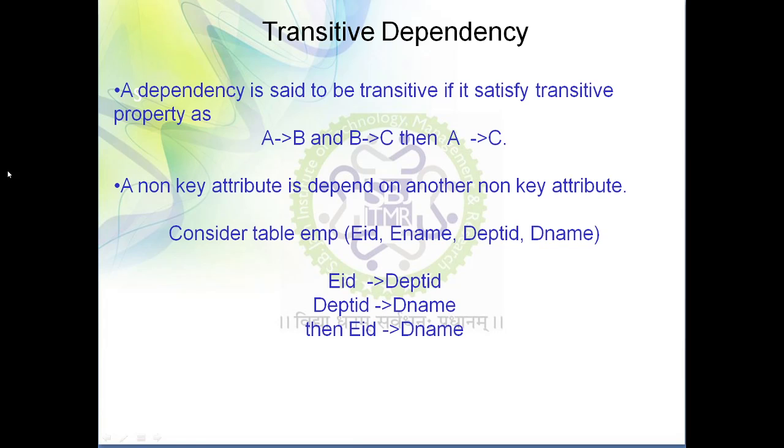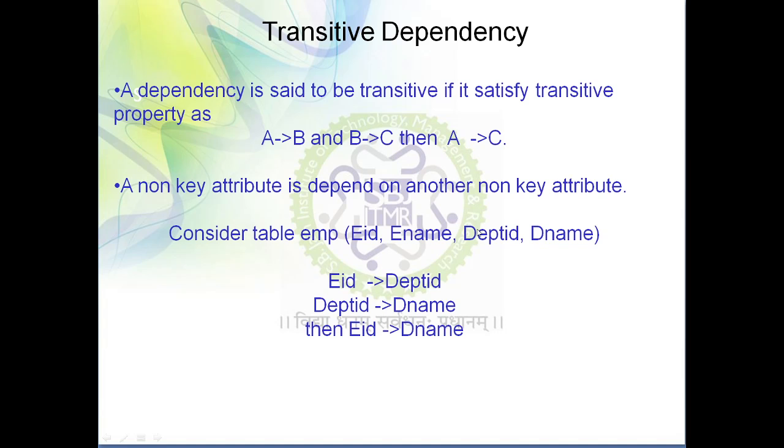So first of all, here we should know what the primary key is for this table. For this employee table, the primary key is employee ID. So what is a key attribute? Employee ID is a key attribute, whereas name, department ID and department name act as non-key attributes. But suppose I know department ID, I can easily identify the name of the department. Yes. So here one non-key attribute, department ID, is also finding the value of another non-key attribute, department name. That means in this particular table there exists a transitive dependency.